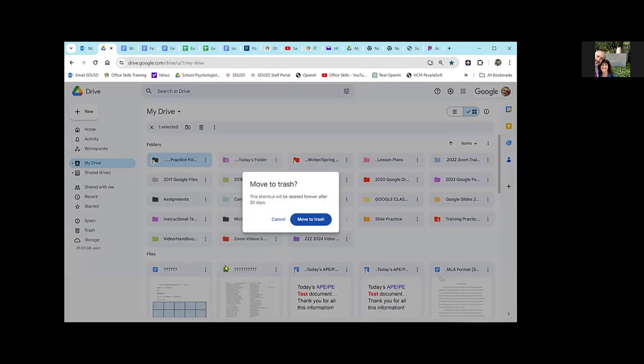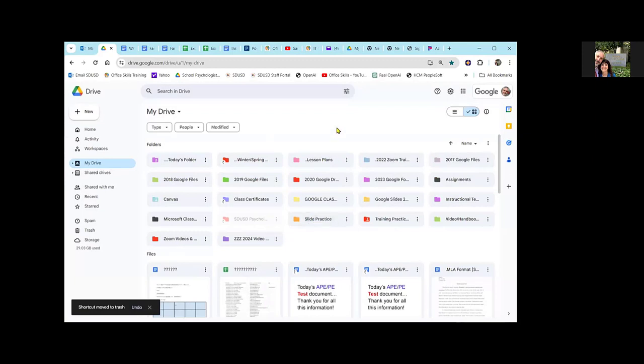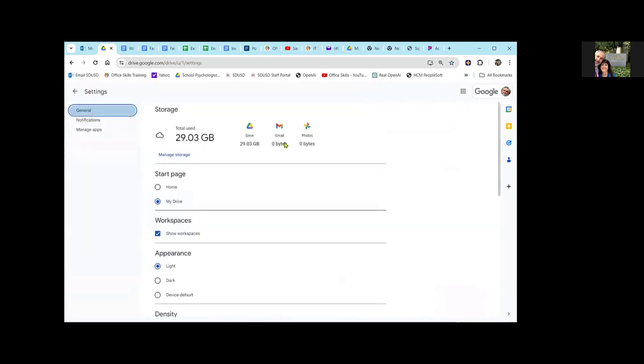I'm going to go ahead and move it back to trash. It'll be deleted after 30 days. No problem. Boom. It's gone. So now we've talked about organizing all these different things, and we had seen up there in settings, real quick,